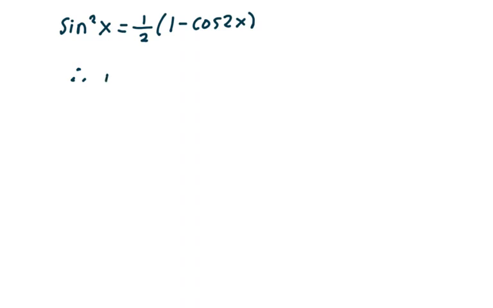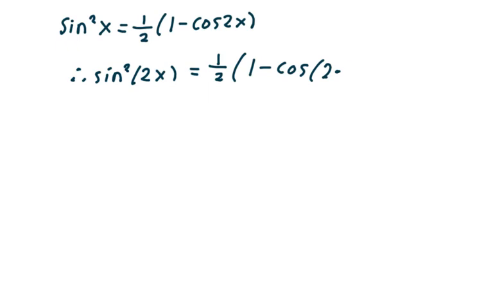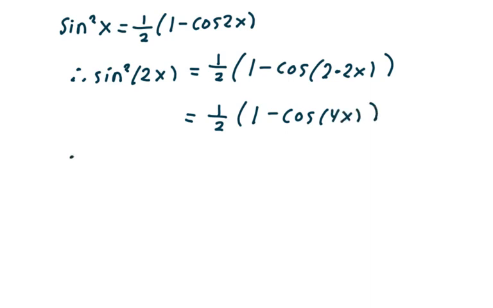So sine squared of 2x is 1/2 of 1 minus cosine of 2 times 2x. So wherever I saw an x, I stuffed in a 2x. And so this is 1/2 of 1 minus cosine of 4x. And so therefore,